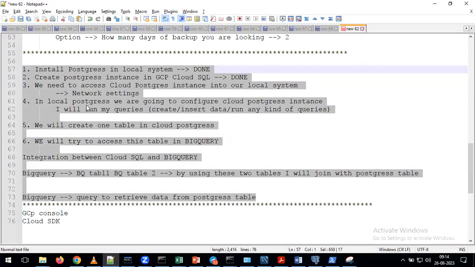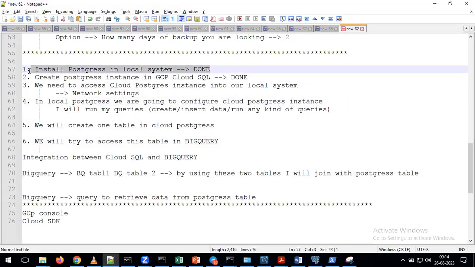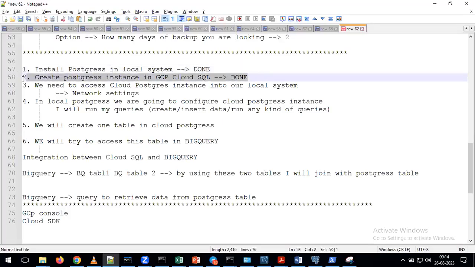Okay. One more thing, try to understand here, Andy. In the real time, are we going to perform all these steps? Are we going to perform the installation in the real time? No. No. Are we going to create the instances in the real time? No, because in the real time, your admin team is going to perform all the activities, Andy. But if you want to perform the practice, who is the admin? You are the admin. Who is the developer? You are the developer. Who is the tester? You are only the tester. That's the reason you yourself have to perform all the activities to complete this end-to-end process.